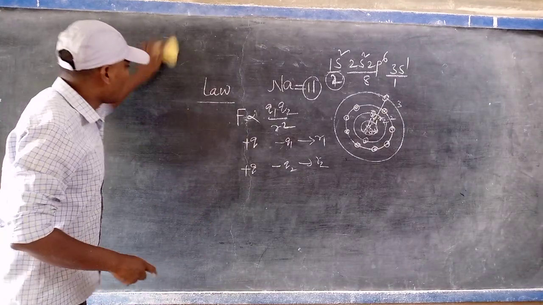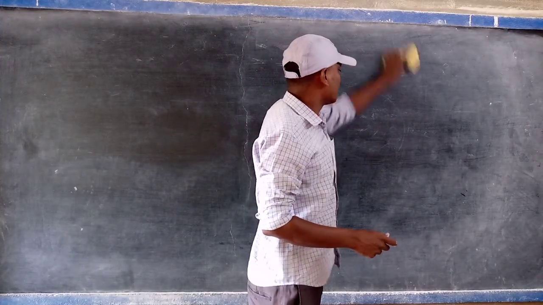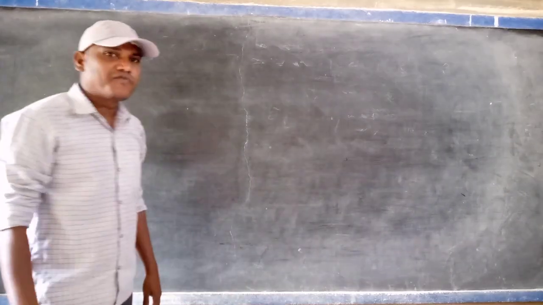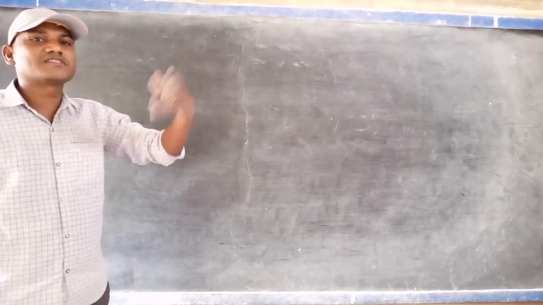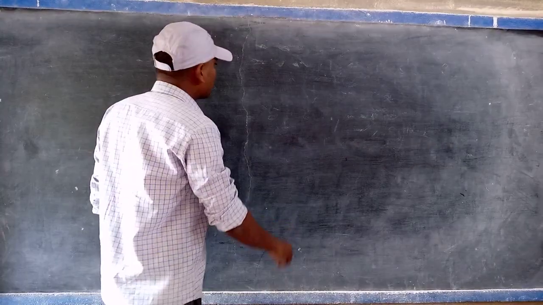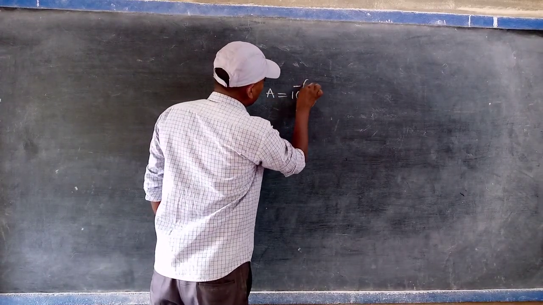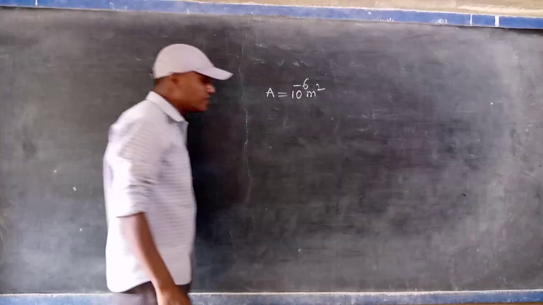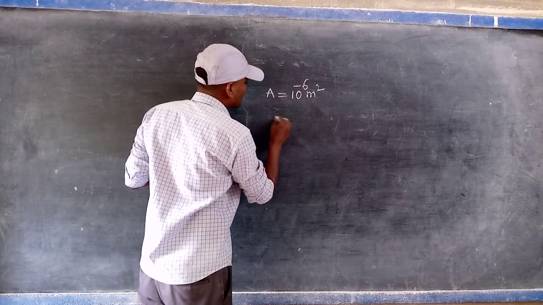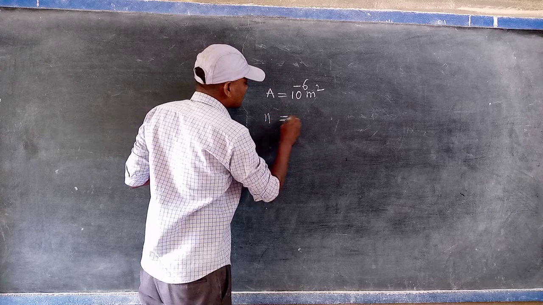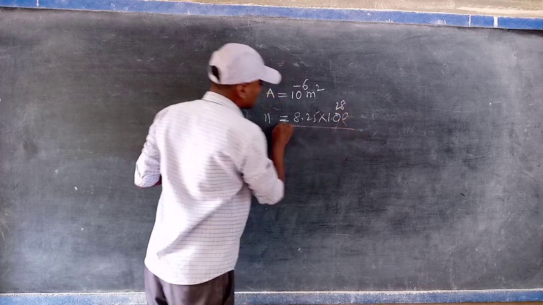That is the simple idea about the bonded electrons and valency electrons. The valency electrons are called free electrons. So in every atom of the element, these free electrons are there. The scientists found out that in the case of copper, in 10 power minus 6 meter square unit area, the number of electrons is 8.25 into 10 power 28.